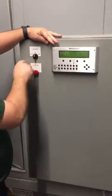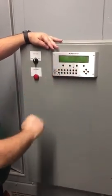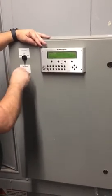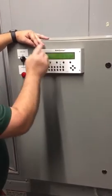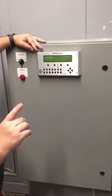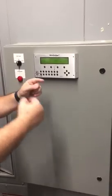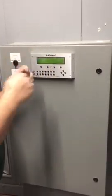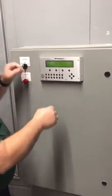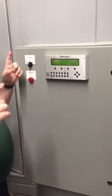You have a Hand-Off-Auto. Hand means you're manually operating. Auto means the building automation system has the controls. Unit alarm: this main unit alarm is really going to be anything associated with the wheel. And really there's one major alarm, which is a rotation detector. It's a proximity sensor on the wheel that, as the wheel rotates around, basically counts, almost like a timing belt, if you will. And so if for some reason the belt is broken, over a period of time,